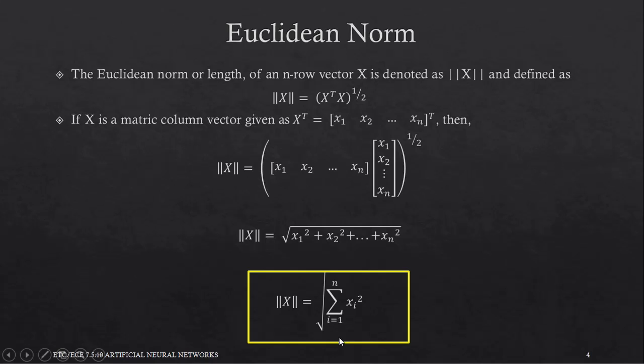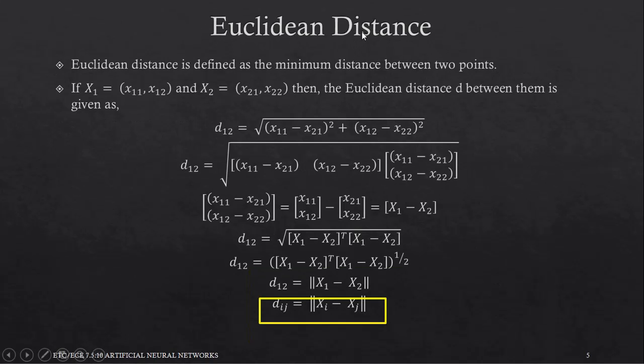So this is what the norm of x is. Let us now try to understand the concept of Euclidean distance. Euclidean distance is defined as the minimum distance between any 2 points in the Euclidean space. For example, if x1 is equal to (x11, x12) and x2 is equal to (x21, x22), then the Euclidean distance